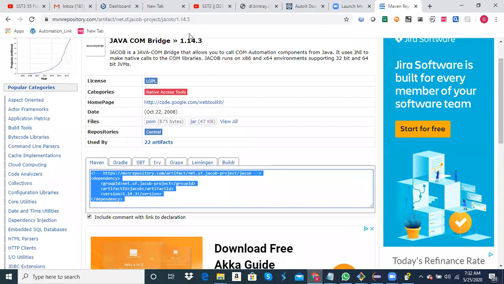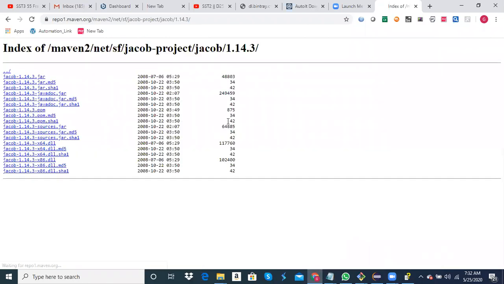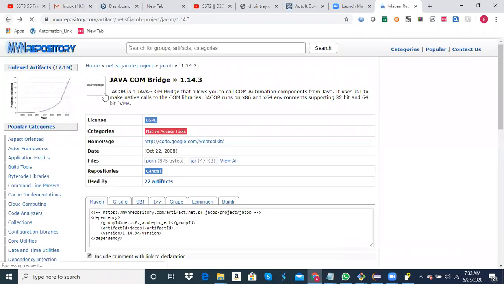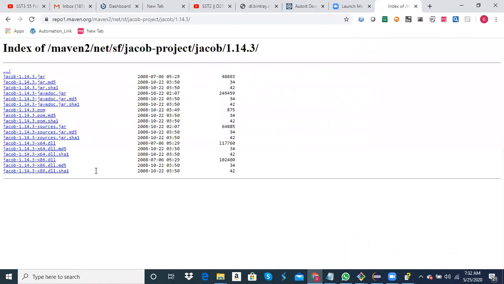here you need to download a DLL file, and if you click on this button, which button? The view all button. Okay. So here there is a file called jacob-1.14.3-x64.dll.